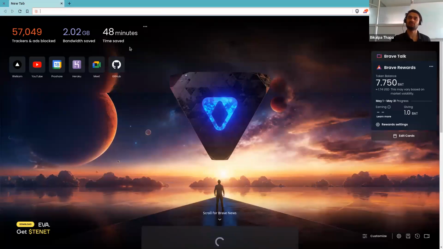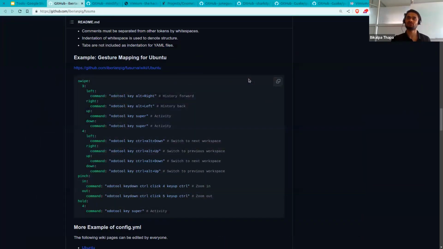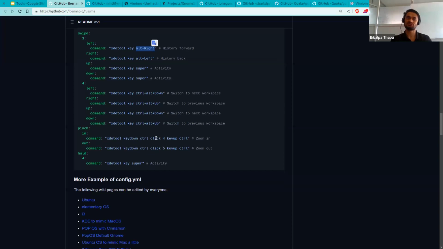If I press three finger up again, it will close the browser. So this will automatically close the browser. I don't have to go to this tab and close it, or press my keyboard, if I like using my touchpad. So you could assign any of the shortcuts that you want. You have to install this and add shortcuts according to your preference, and you could do 3, 4